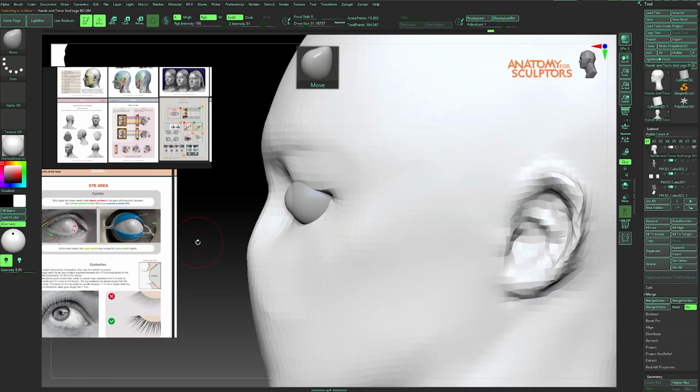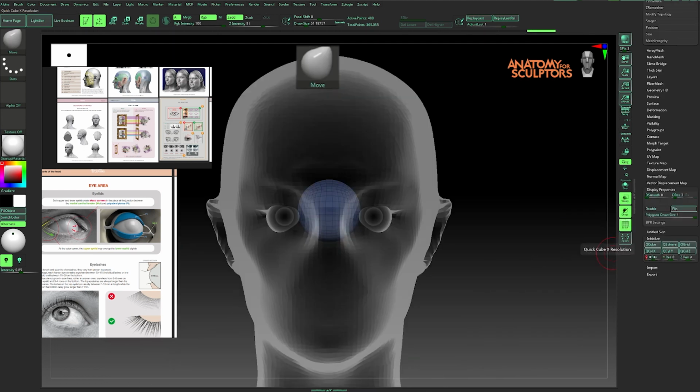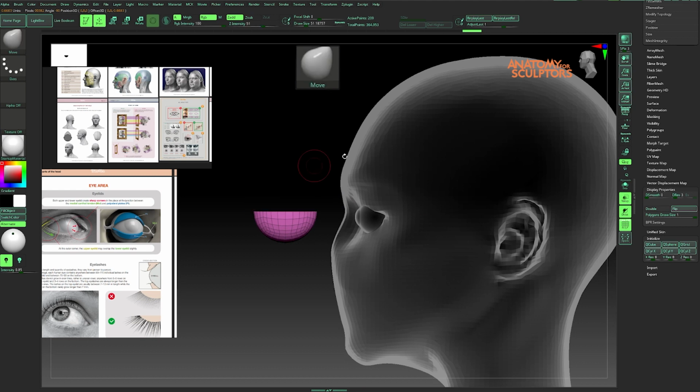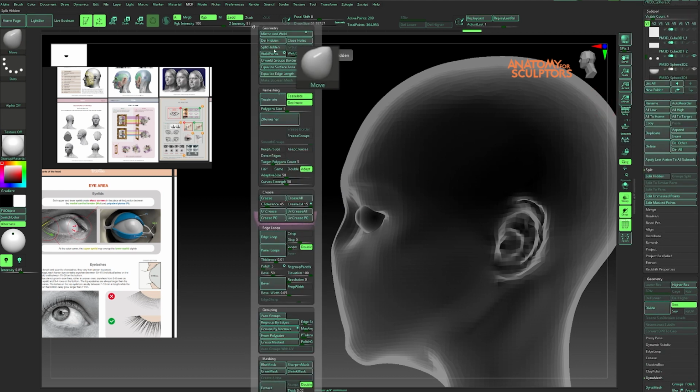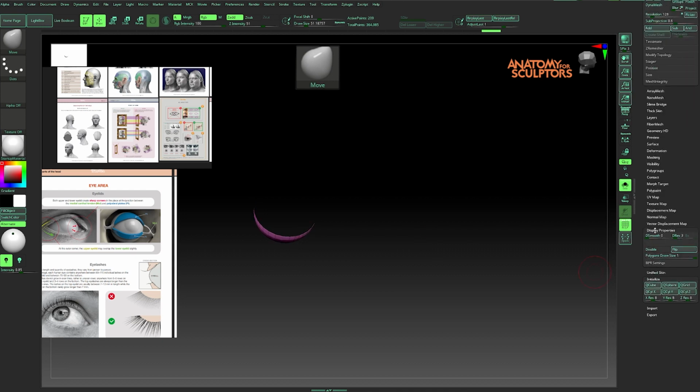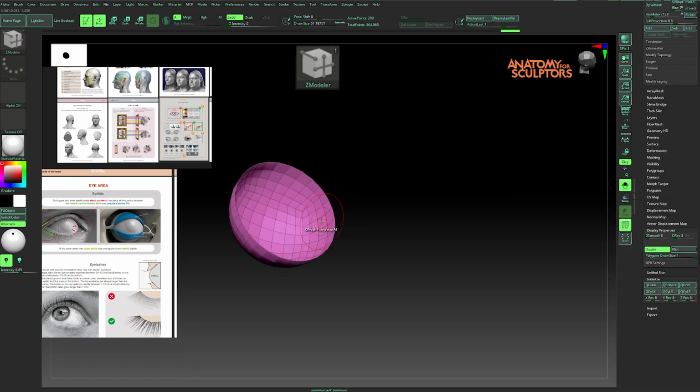Now for the eyelids, append the sphere. Go to the initial eyes and set the resolution on all axes to 10, then click on the cube sphere. This way we can cut the cube easily and then we can model it. Then cut it in half to create two shapes for the upper and the lower eyelids.